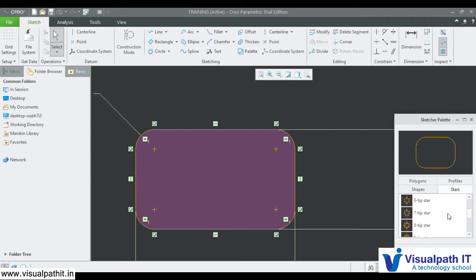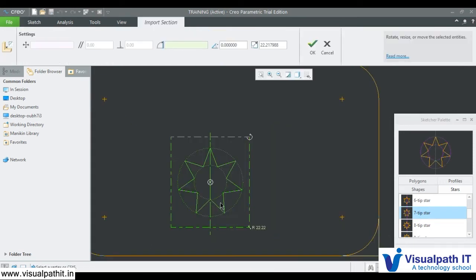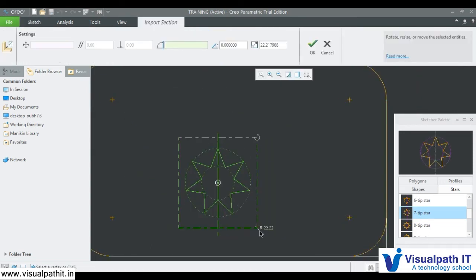Let's say I want a star, which I want to give as a symbol on my product or on the part that I am designing. I'll select a 7-tip star. Select it. Here, this is the dimension I want.